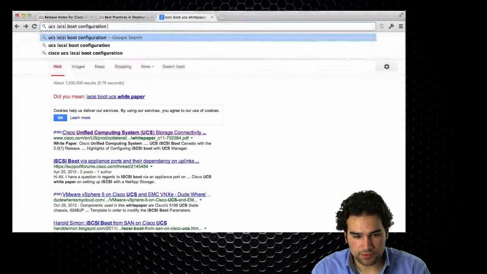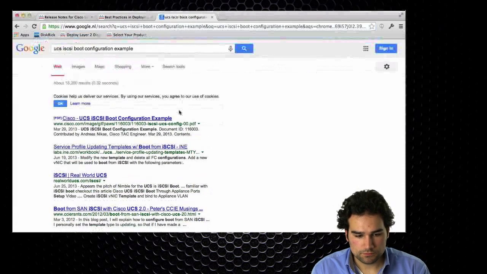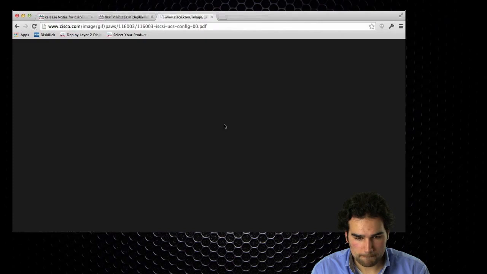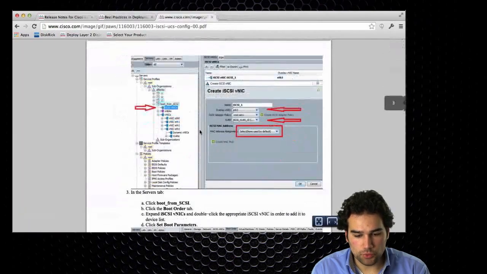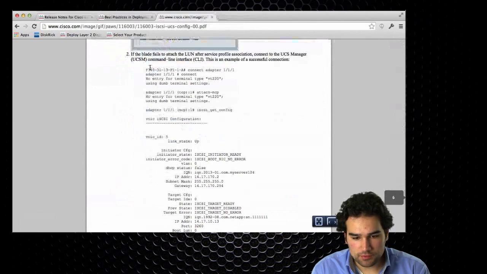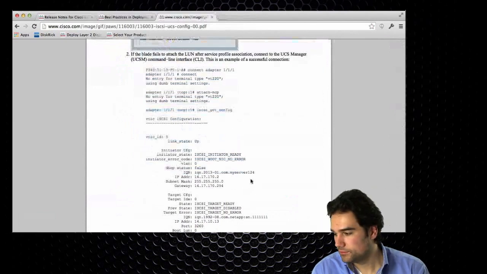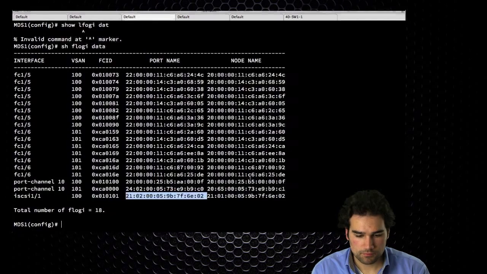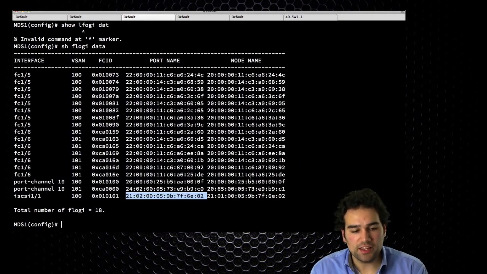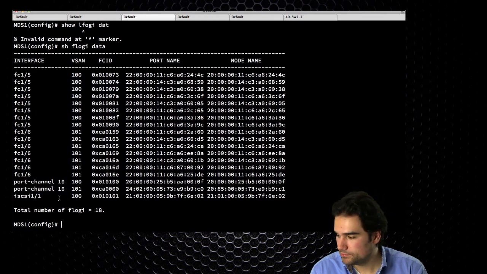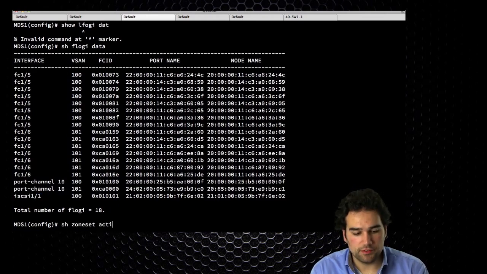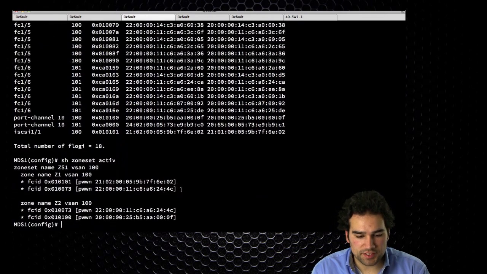Boot configuration example. This is exactly showing you what to do, and most of all, how to verify it. So again, back to our MDS. The initiator performs a FLOGI on the MDS through the use of the iSCSI interface. That also means that my zoning will become active. So I see that